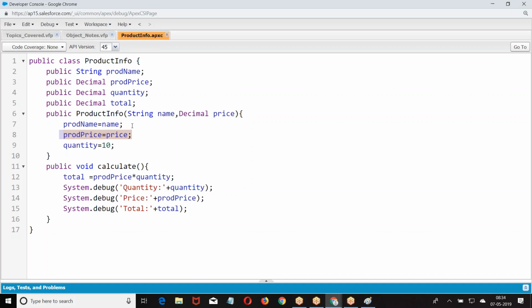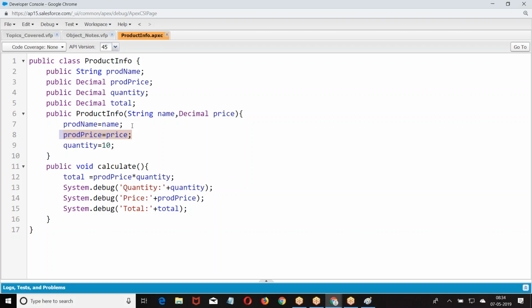When everyone wants to take their own starting values, they go with a constructor with parameters. When everybody wants the same starting values, when the initial values are the same for every object, there is no need for a parameter. Straight away we give company name Wipro, branch Mindtree.